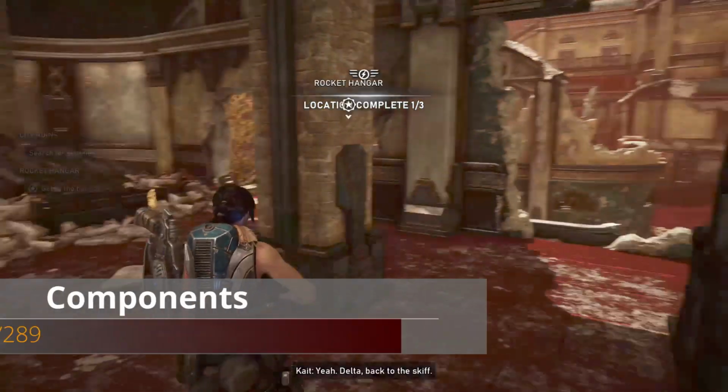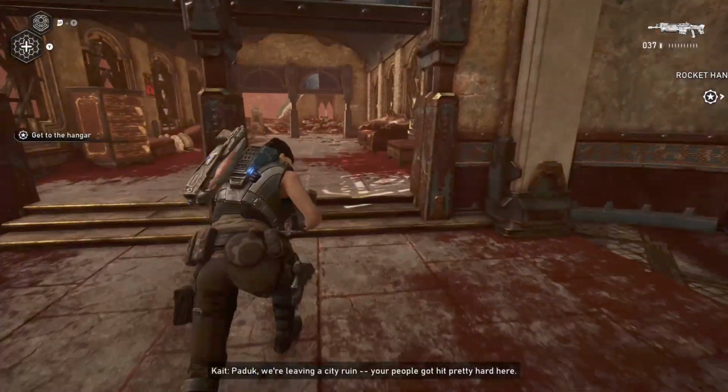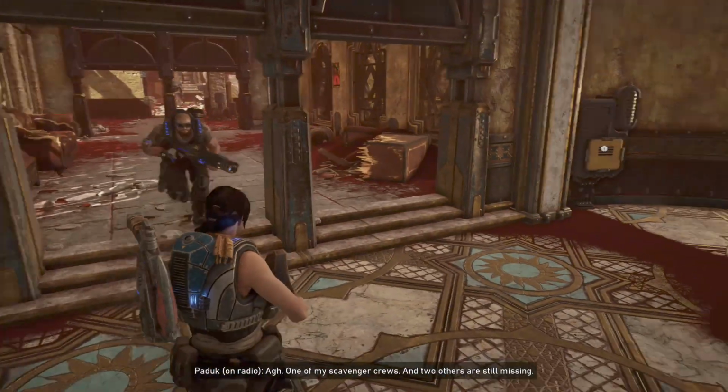Yeah. From this collectible turn around, we'll go through the double door entryway, through two of them actually, and once we get through the second double entryway and turn around, you're going to see another electrical box housing some components